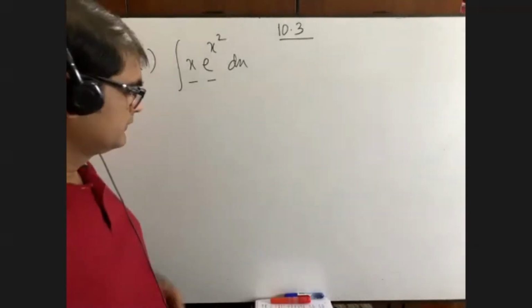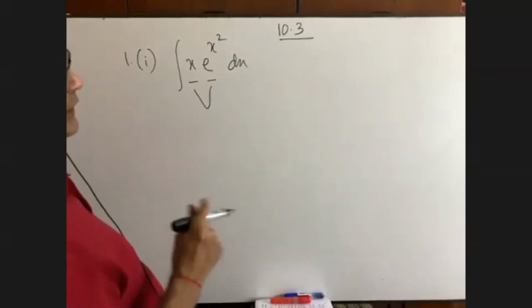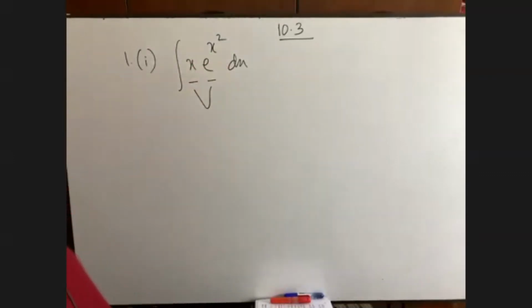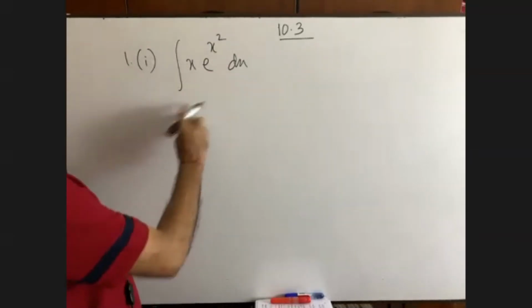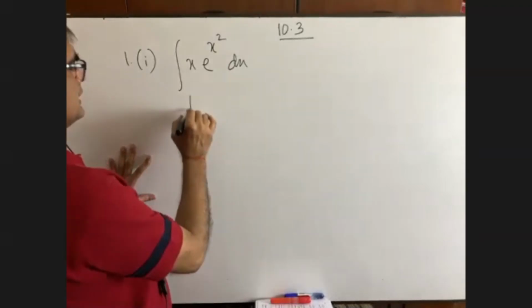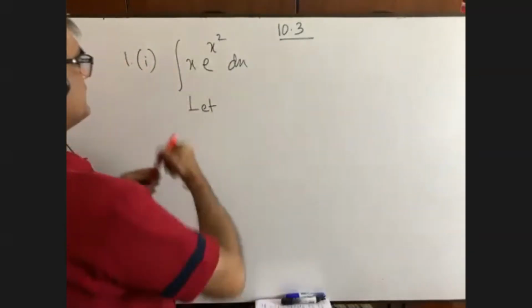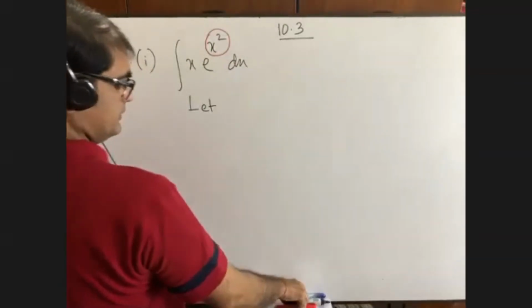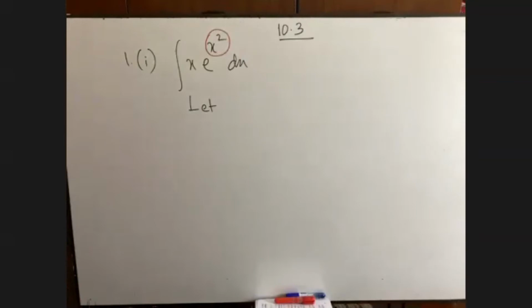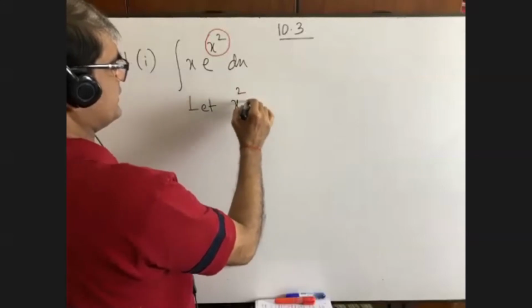Number 1, we have 2 functions. Very good. You see, in these 2 functions, we have a similarity. It is x, it is x square. Anyhow, if I write down, this is the math starting. Write down, let this part be z. Always, at the first day of 10.2, I told you, x square equals z.